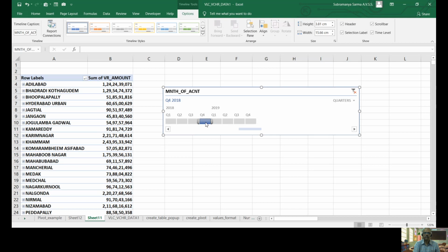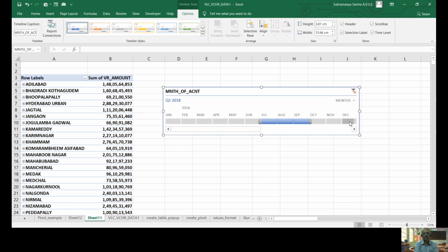If you just click it, automatically it will generate for each quarter, so there is no need to do much. Only thing is you have to insert this timeline and select the quarters, and you can get that 3 months' expenditure figure instantly.